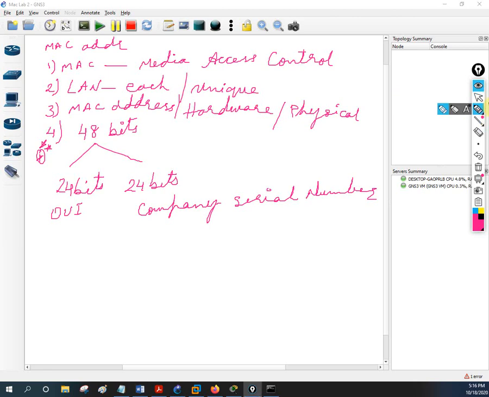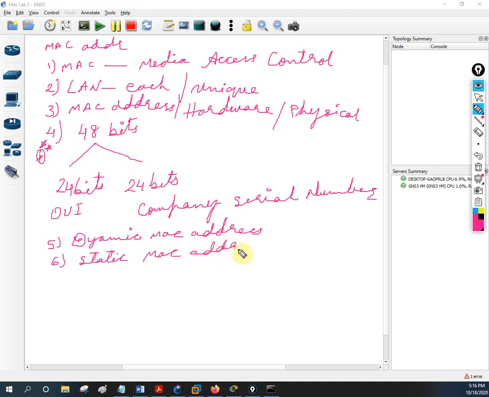Let me write here so you will remember the dynamic and the static. If you see here, I can write, we have the dynamic MAC address. Dynamic means the switch itself learns the MAC address, from whatever port is connected. And we will have the static. Static is nothing but we are manually assigning the MAC address. Example, if we have any server, we will put the server MAC address in the switch. And we have the aging time.